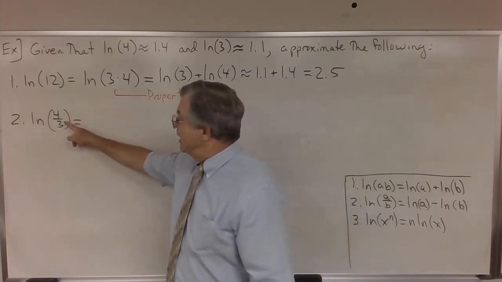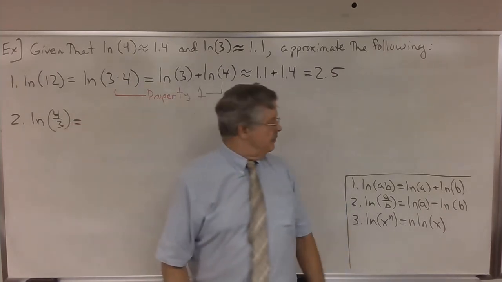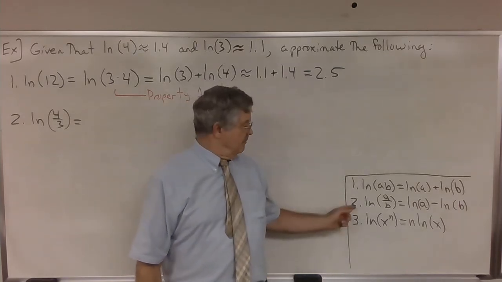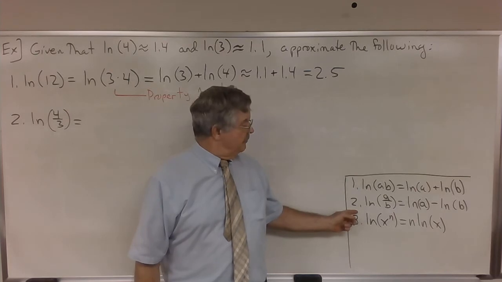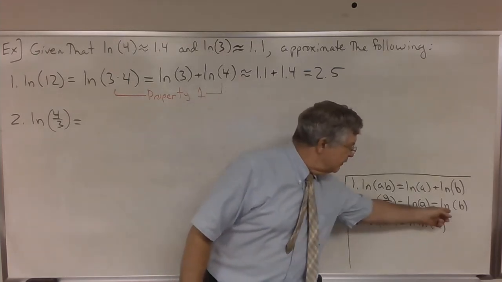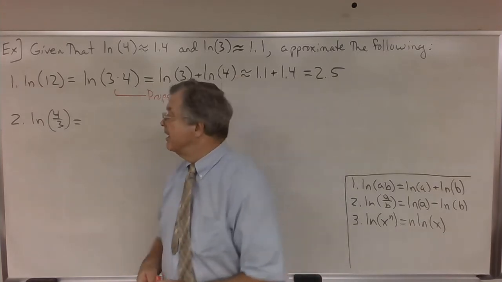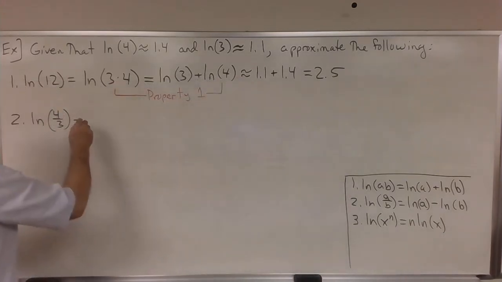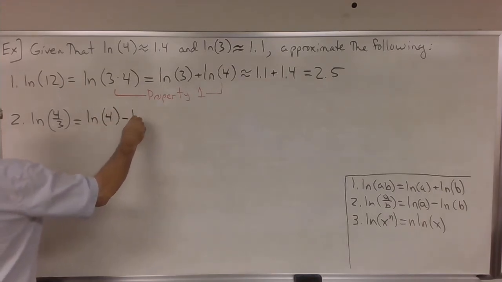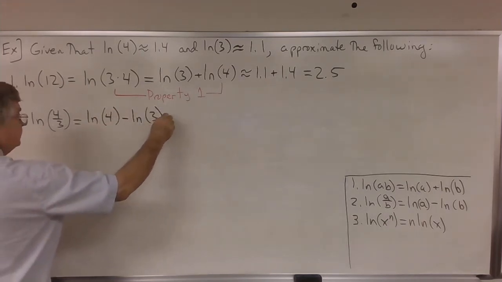And this is the logarithm of a quotient. So which one of these properties are we going to use? Property 2, right? Which says the logarithm of a quotient equals the difference of the natural logs. So this is going to be natural logarithm of 4 minus natural logarithm of 3